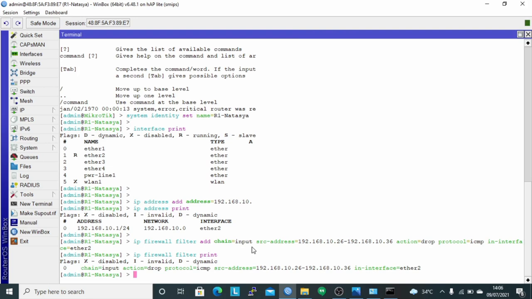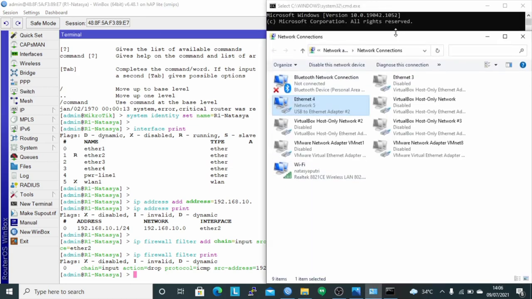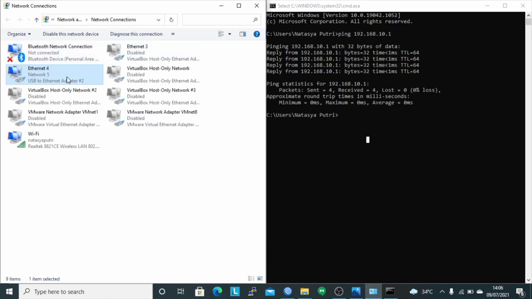And then do a ping test of the router IP on the client.